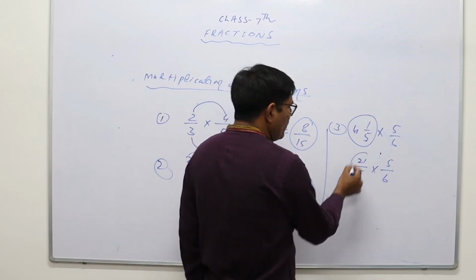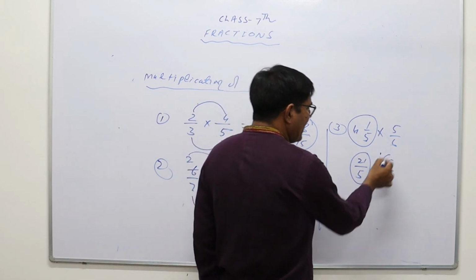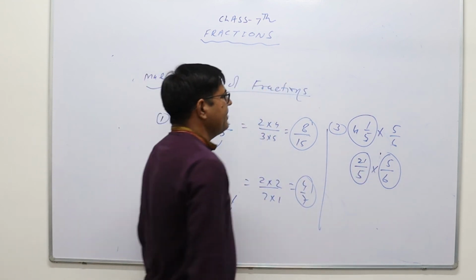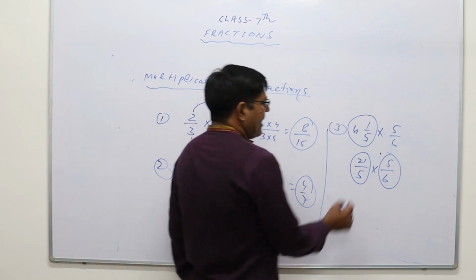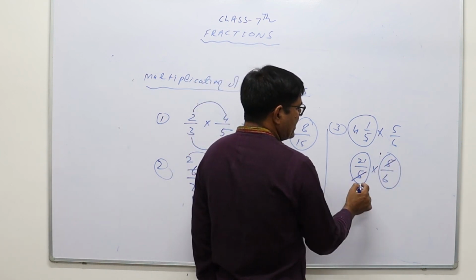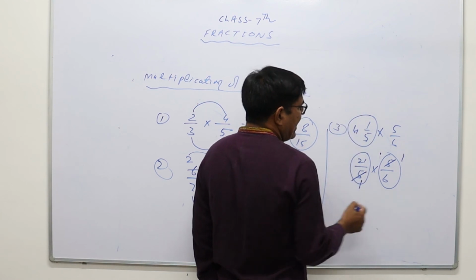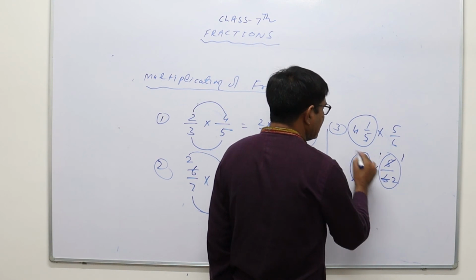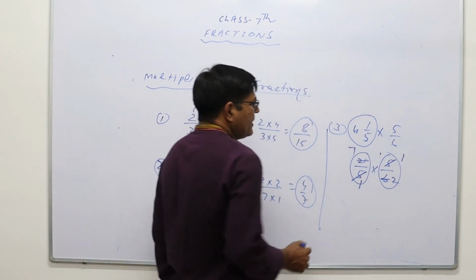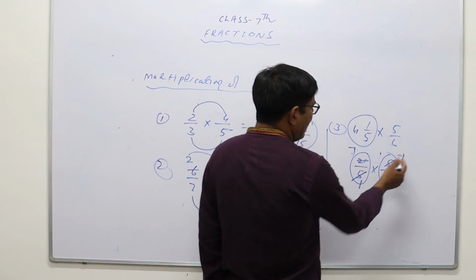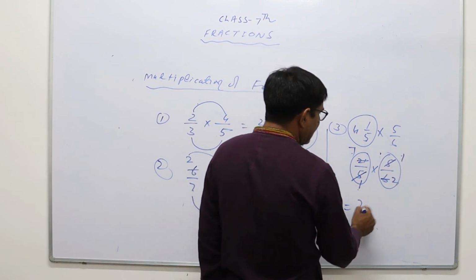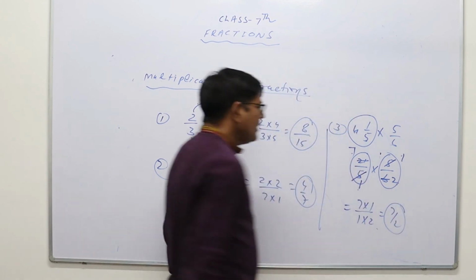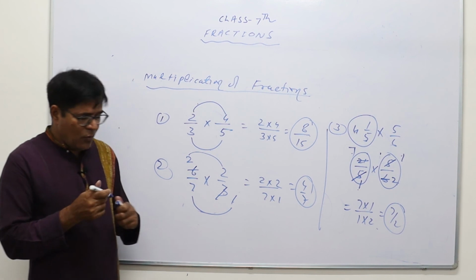Now these are the two fractions, 21 upon 5 and 5 upon 6. So if we have to multiply, before multiplication, if there is any common factor, here 5 is the common factor in these two: 5 ones are 5, 5 ones are 5. Here in 21 and 6, 3 is the common factor. So 3 twos are 6 and 3 sevens are 21. Now see, what is remaining? Here 7, here 1, here 1 and 2. So numerator 7 into 1, denominator 1 into 2. So that is 7 upon 2. In this way we can multiply the two fractions.